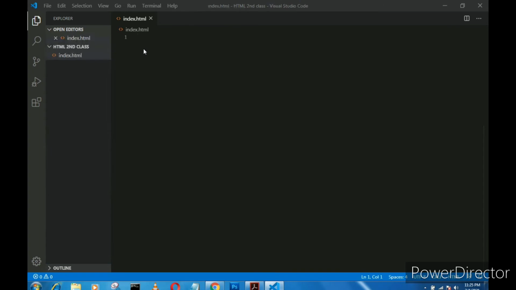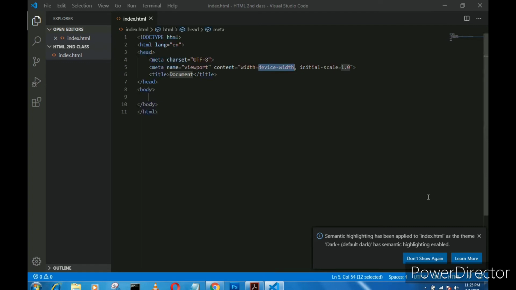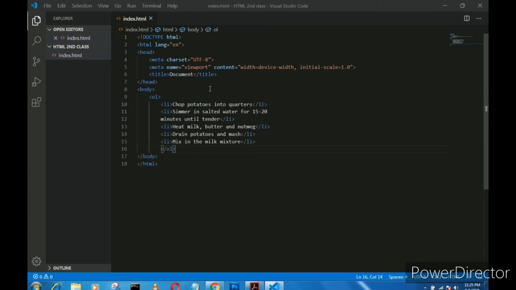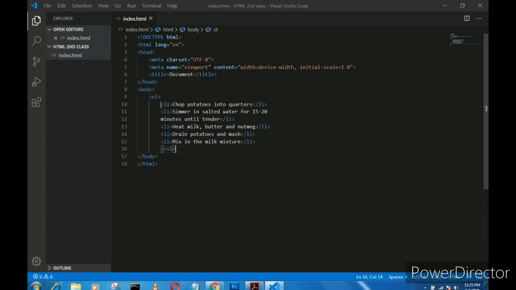Save it with Ctrl+S, then enter. Let me paste that code over here inside the body tag. Let me comment the li's inside the